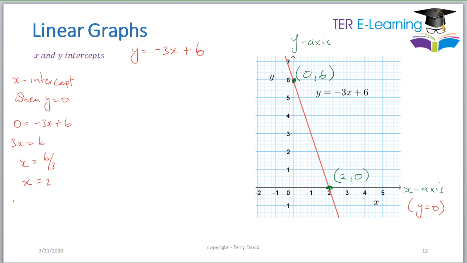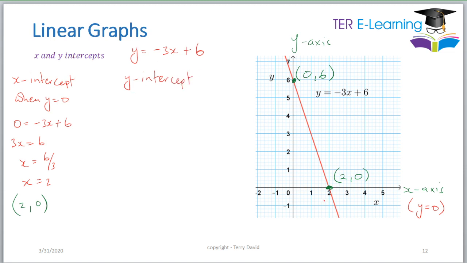So therefore my x-intercept is going to be, I'm going to write the x value first, which is 2, and my y value, which is 0. And if you look at the graph, that is exactly what we got, right? So this is just another way to work out what the x-intercept is. Similarly, we can work out what my y-intercept is. So my y-intercept,